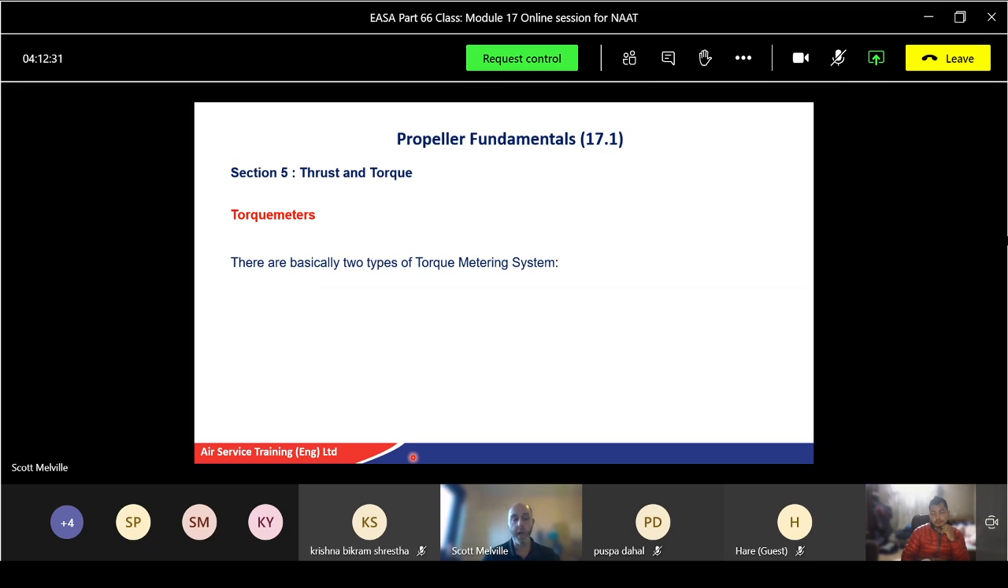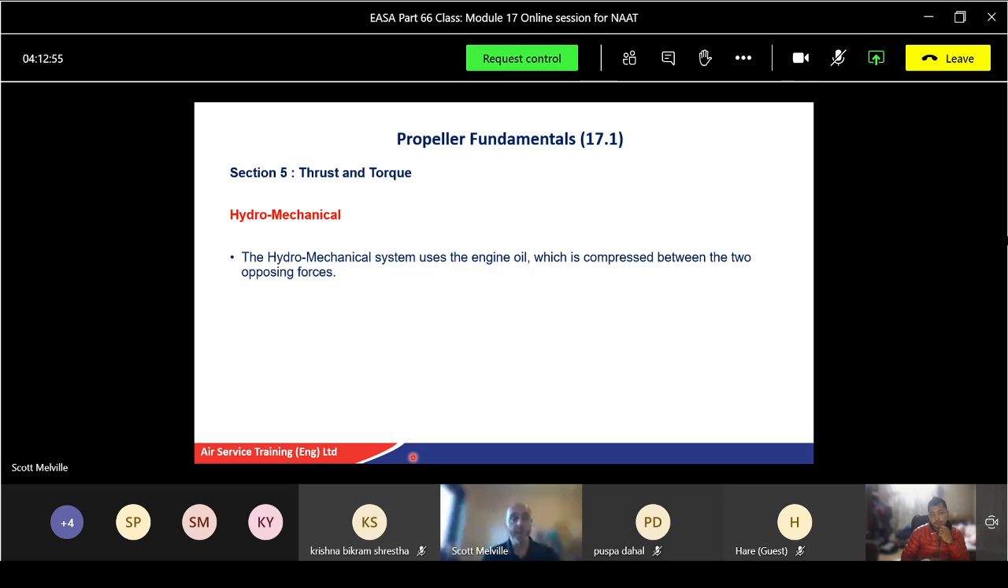There are basically two types, nice and straightforward. You've got what's called a hydromechanical, so a fluid mechanical type system, and strange enough, an electrical system. Okay, electrically operated system. We'll look at the two main types. So it's the two ones to remember: hydromechanical and electrical. So starting off with the hydromechanical one,